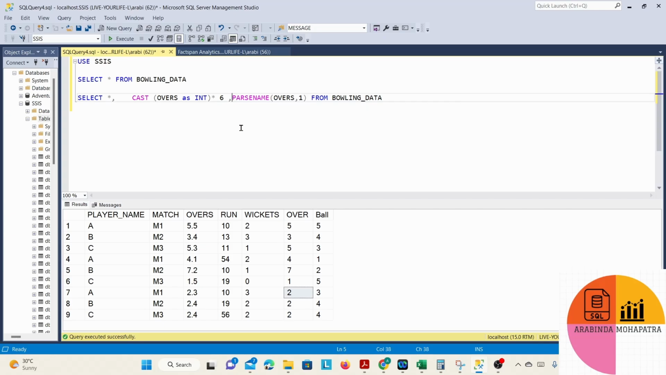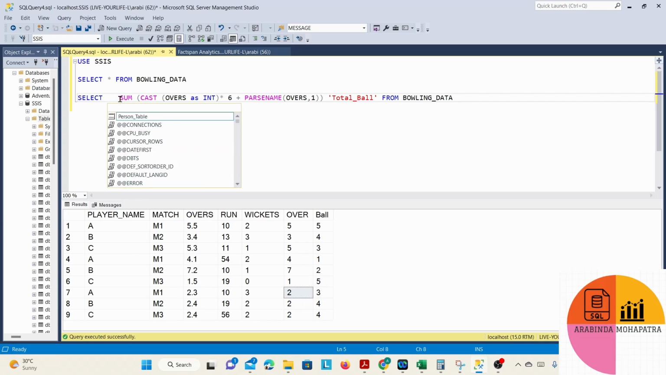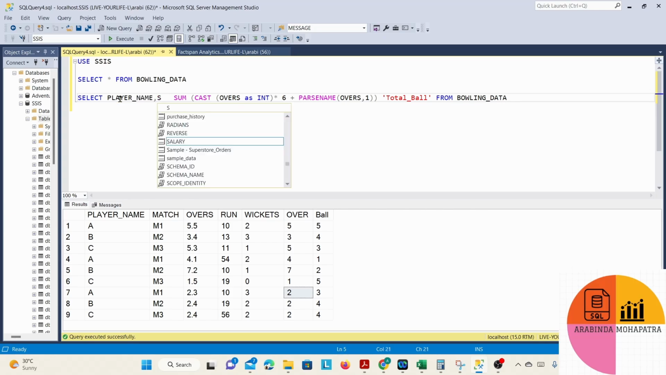And what I'll do is add these 2 overs into 6 plus this ball column, so that I can get the total ball. Here I'll mention sum and give the closing parenthesis. I'll give an alias name for a better readable format. Then I will do the sum of the other required columns, the player underscore name, comma, sum of